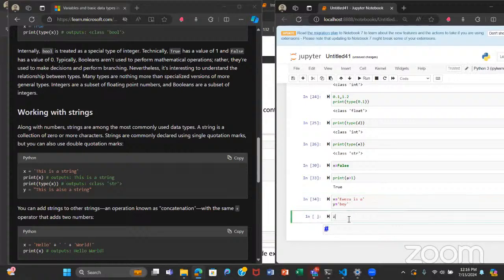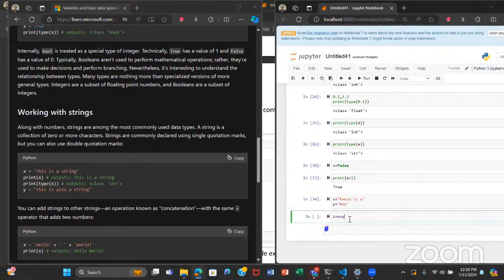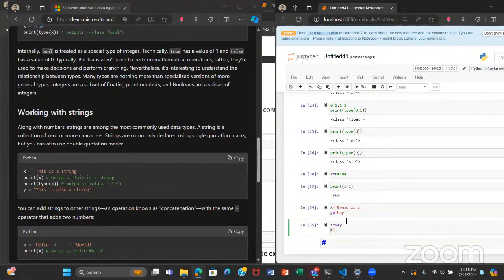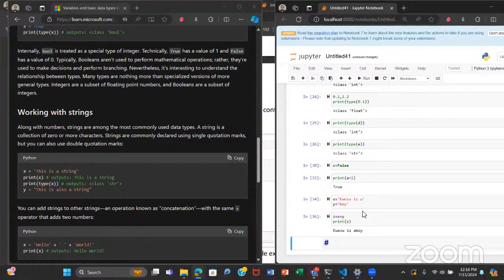We create a new variable z by adding these strings. Let's print z. I'm going to write print because it's Jupyter, but for others who are not using Jupyter, I'll just write print. So print z, and okay, it combines the two strings.